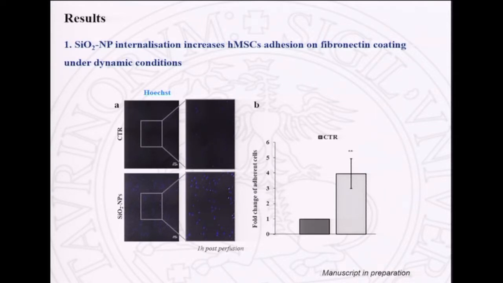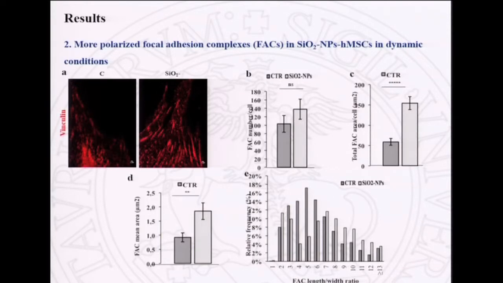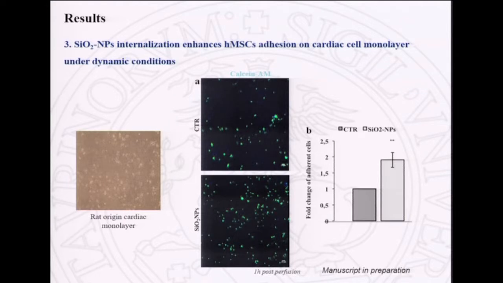And what they observed was that actually the major capability of the treated cells to adhere to the substrate of fibronectin in this experiment was maintained also in dynamic conditions, again thanks to the fact that these focal adhesion complexes elongated a lot. And also the same was true when instead of fibronectin they had a monolayer of cardiac cells. And again, the difference between the capacity of adhering of the treated cells with respect to the control was statistically